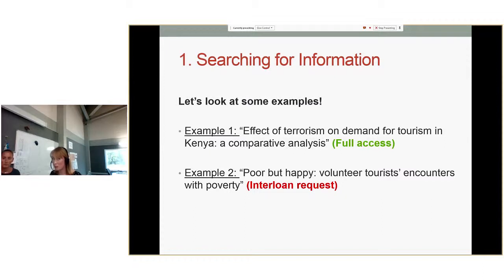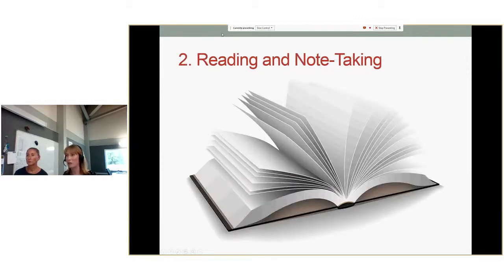So it's a little bit more tricky, but I think it's worth going through just to show you that if you're looking for an article and it doesn't come up at first, it doesn't mean that you can't get to it. Okay, so can we switch into... No, sorry. I just need to bring up Google Scholar.